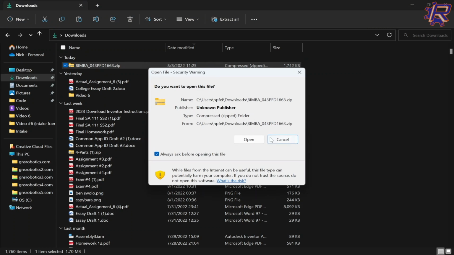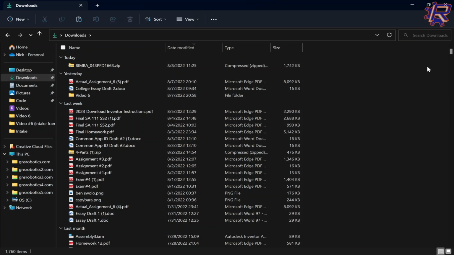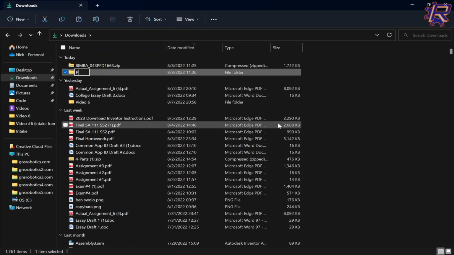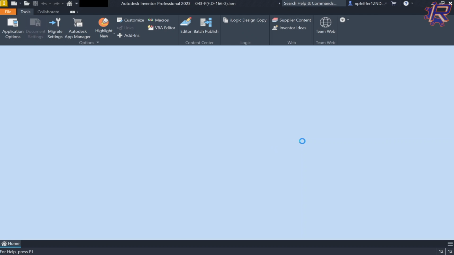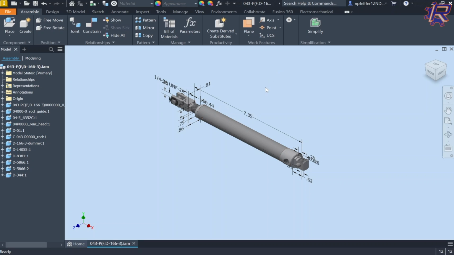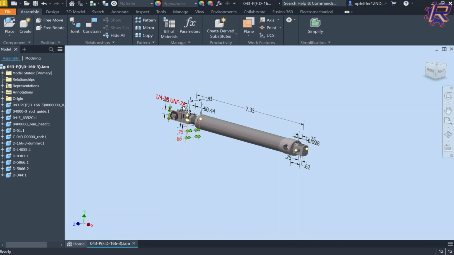If we open the folder, I'm going to take this inner folder and copy it out into my downloads. And I'm going to rename it Piston Folder Tutorial. If we open this folder, this is where we have all of the parts of our piston and the assembly. If I open the assembly, this is our piston, and it gives us all of these dimensions, which are quite annoying, so I'm going to have to delete all of these